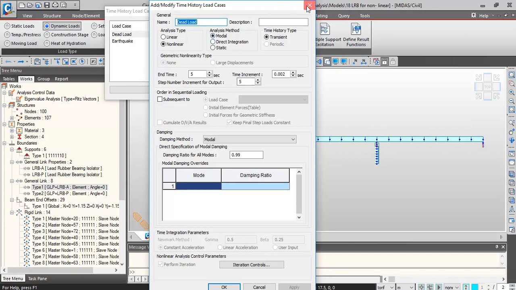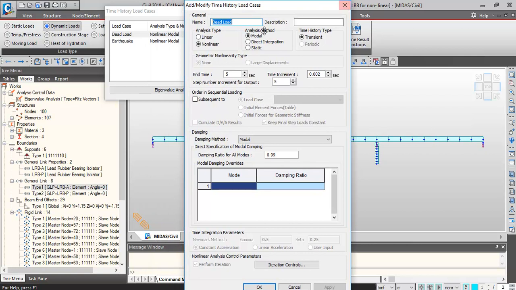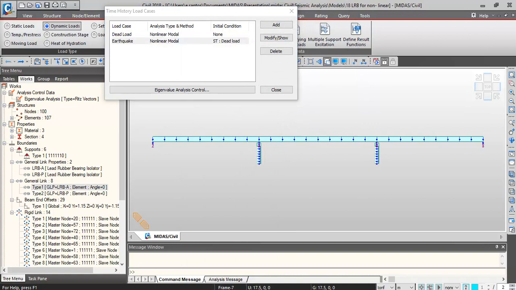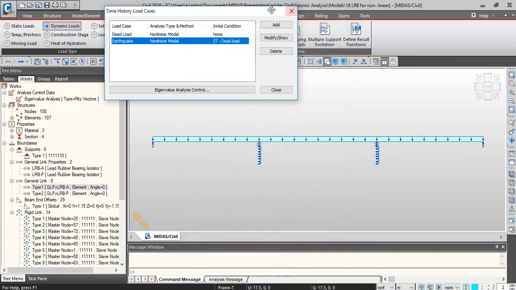So we have two types of load. We have the load cases: the dead load, which is this one, defined as a nonlinear modal transient one, and then we have the earthquake. With the earthquake, we use the order in sequential loading, meaning that the earthquake load case is subsequent to the load cases using the dead load function, which is this one, the static one. If you see here,